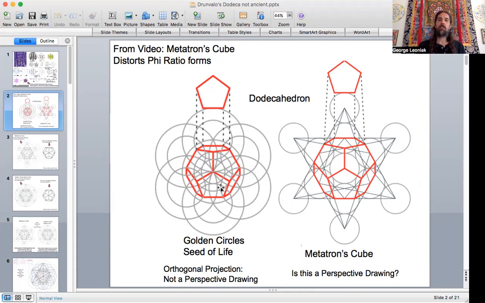And this is an orthogonal projection. If you go on Wikipedia, all the drawings that they show you for every type of form, whether it's 4D or 5D or whatever type of form, are from this orthogonal projection, which really means that it's eliminating the perspective that would distort the form as you're looking at it through our binocular vision. As things recede, the perspective comes into play, and there's foreshortening of the edges.